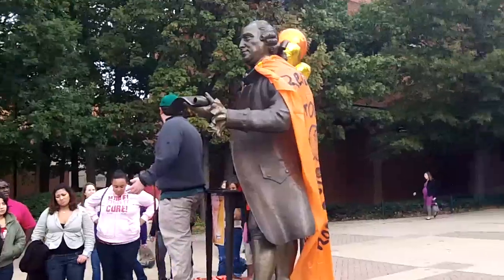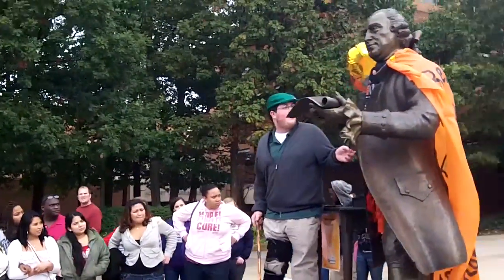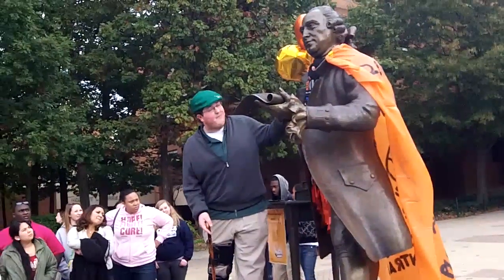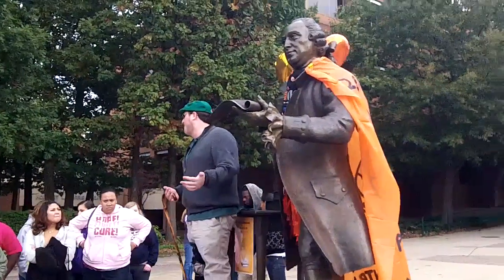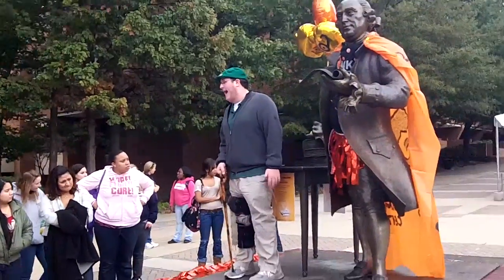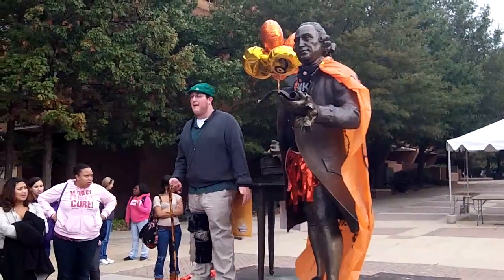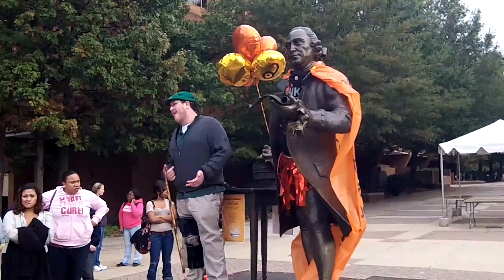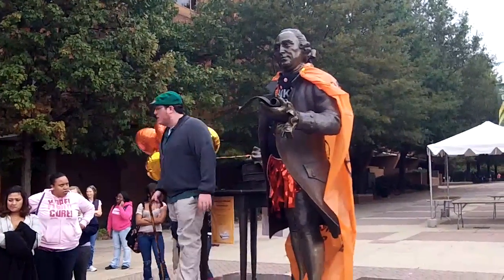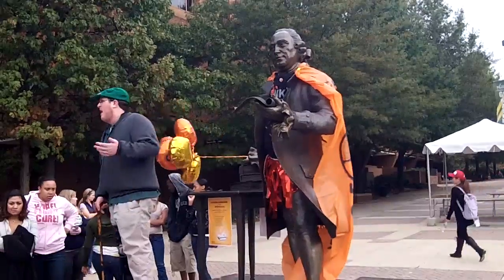So, welcome to the statue of George Mason. He is dressed up this week for some event. You'll see him a lot of times dressed up by different organizations. He'll be dressed up for the start of basketball season. We'll put him in a basketball jersey. So it's just a meeting point on campus. There's a store, so you'll see a lot of different spirit and pride items with George. So right here, we just quickly like to talk about my